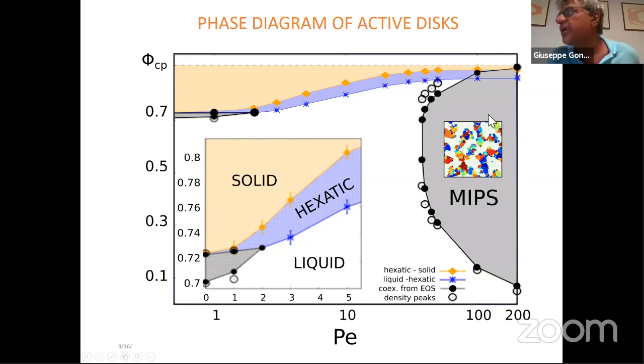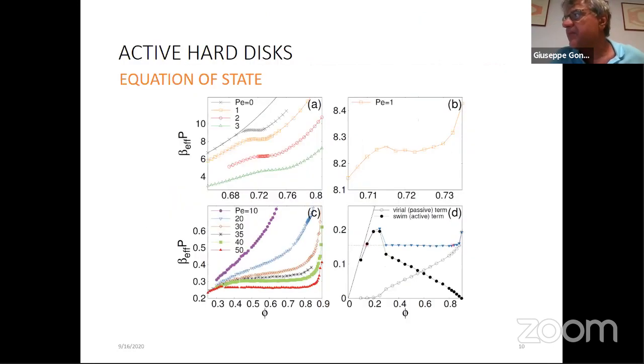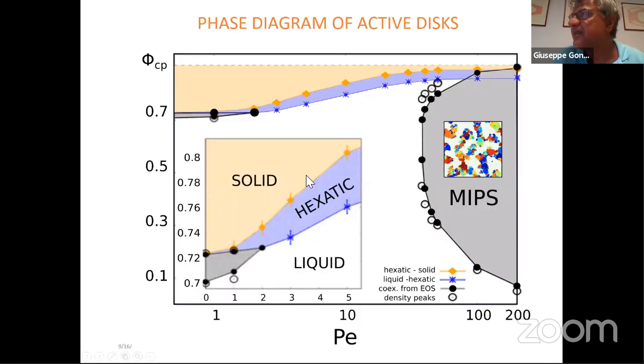And then you have a much more complex situation when you increase Peclet. You see that here. Okay, so you have, for example, here at this Peclet, just after the critical point, you have coexistence. And so at Peclet, I don't know, 50, you have coexistence between liquid and gas, actually, and then you have standard MIPS. So what we added to the phase diagram known before is to complete all the story,